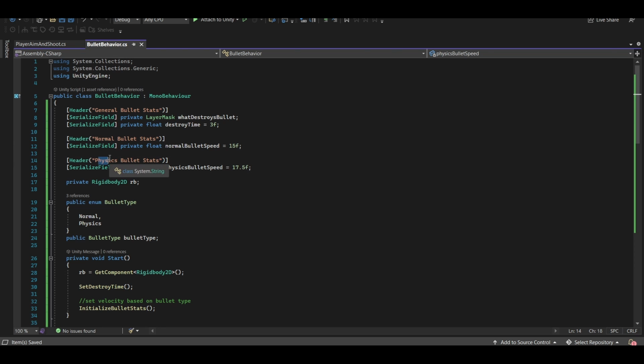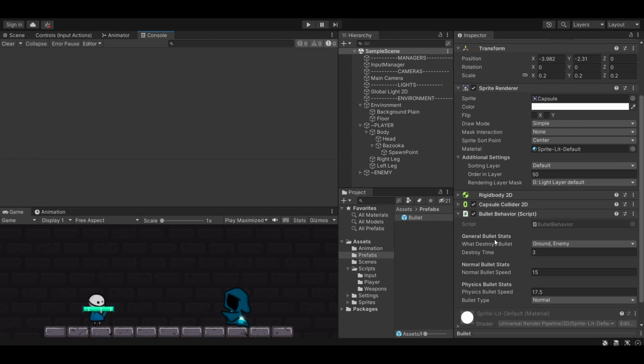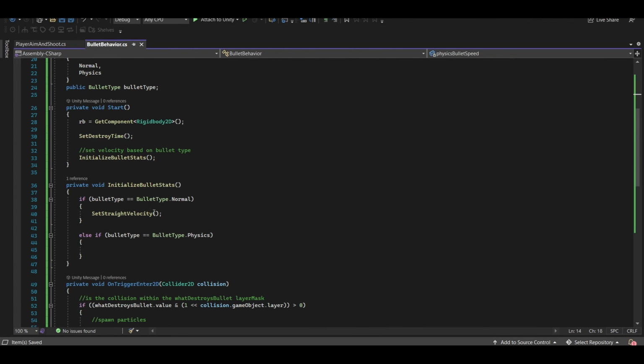By the way, by adding these headers, you're making your script just look a little bit cleaner. Here's our general bullet stats header, another header over here, another header over here. So it spaces things out nicely and it adds some bolded text just to make this a little bit easier to read. So back in our bullet behavior, down here, back in initialize bullet stats, we need to set up